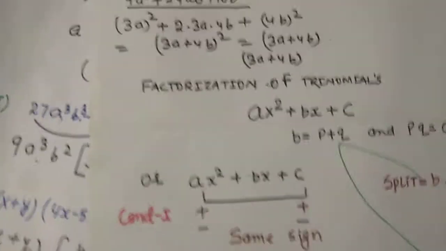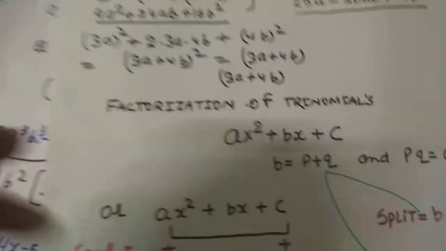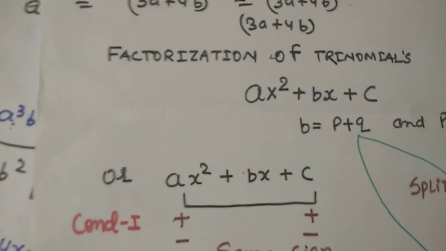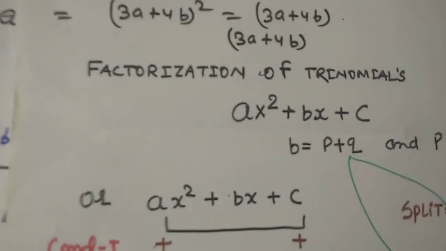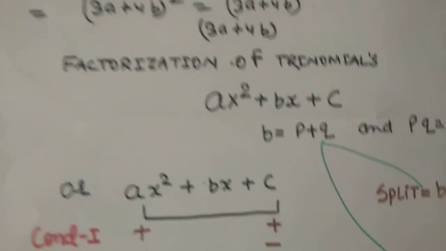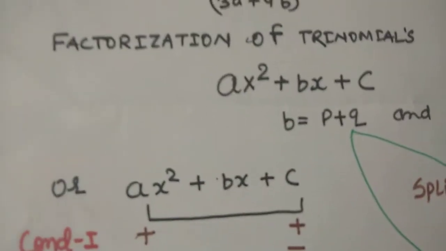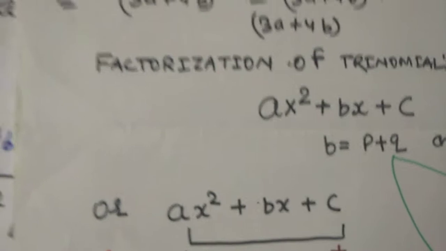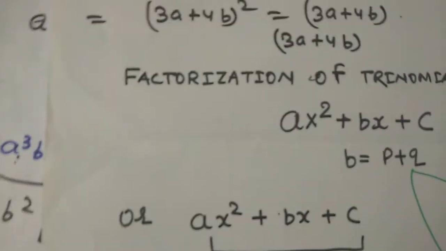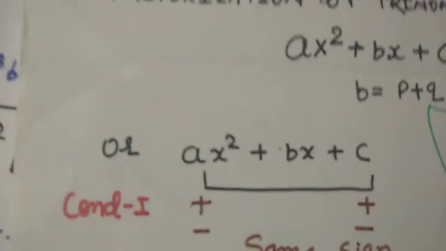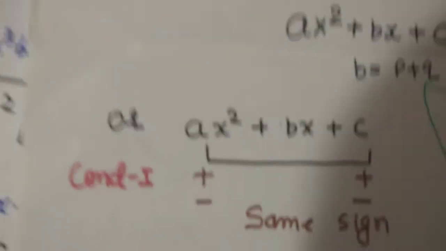Now factorization of trinomials. This is the basic part of factorization for children in class 8 moving toward class 9 and 10: how to do middle term splitting. I told you earlier, please watch the full video because I am going to give you some Nitin sir mathematics. This is not given in any book. This factorization method is my own trick.